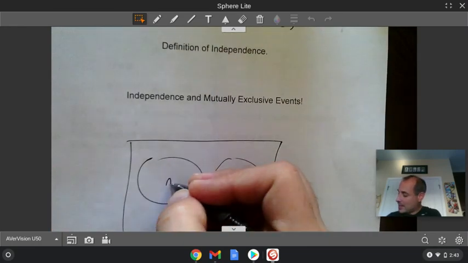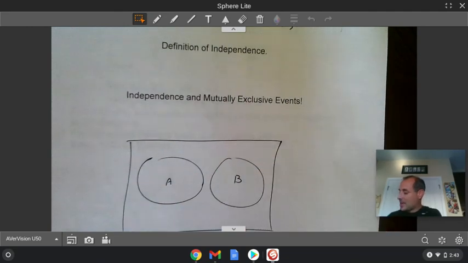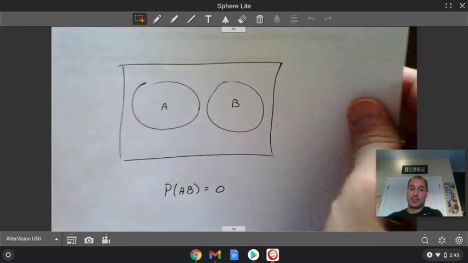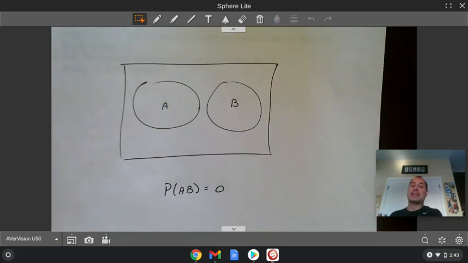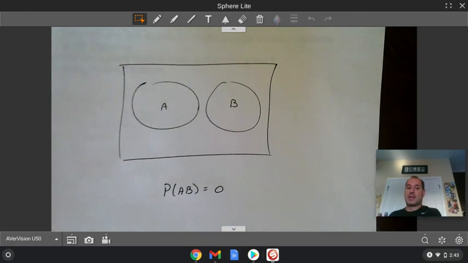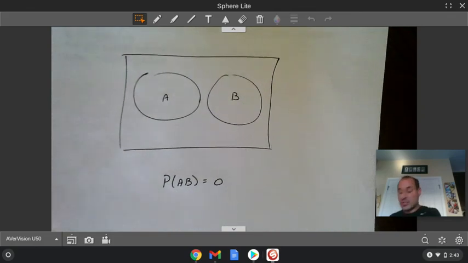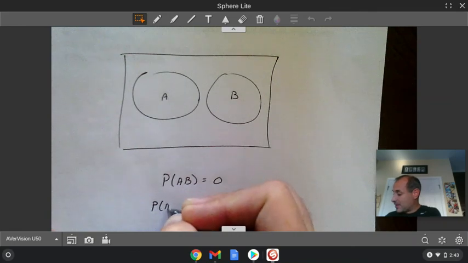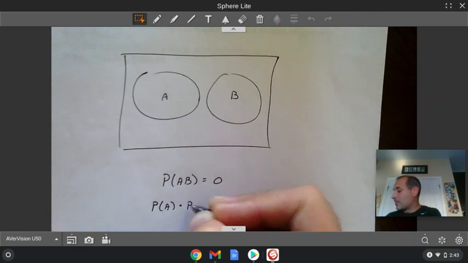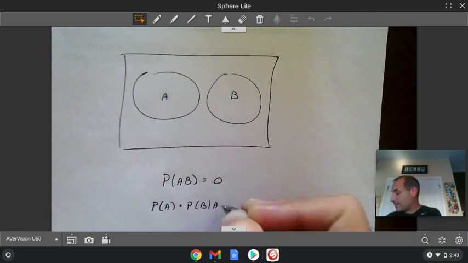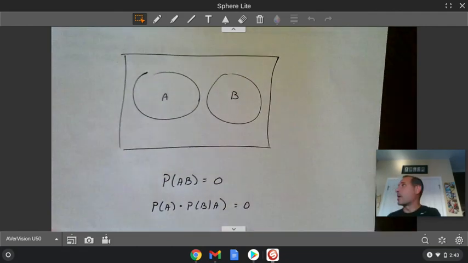So I have A and I have B, and the probability of A and B occurring is 0. Okay? Now, if the probability of A and B occurring is 0, then the probability of A times the probability of B given A must also be 0,